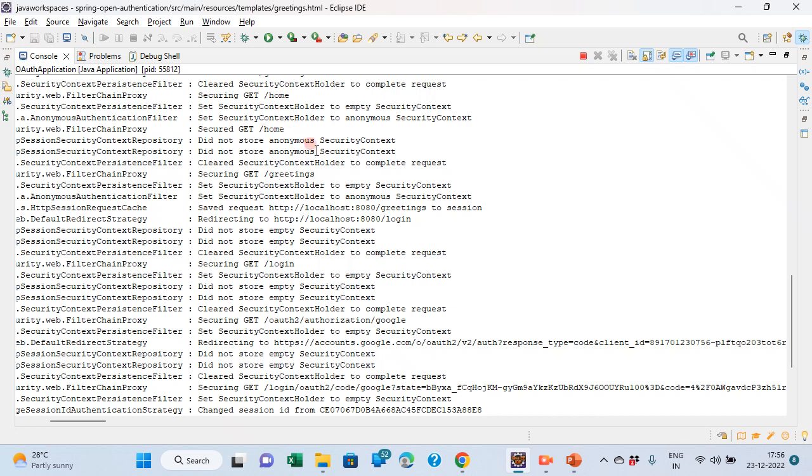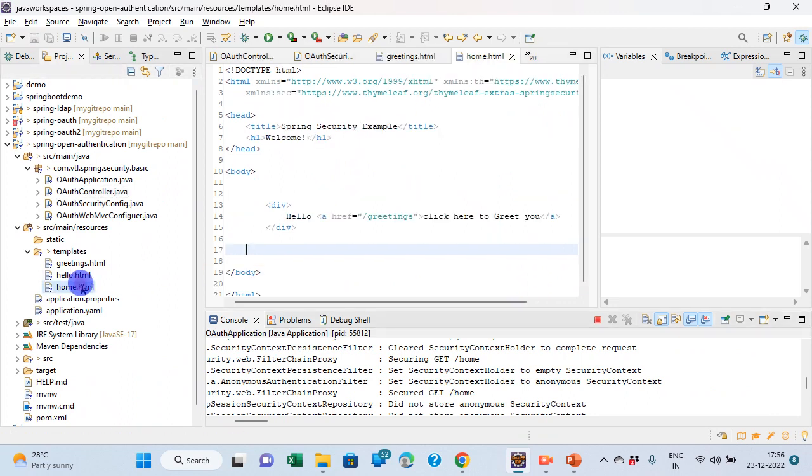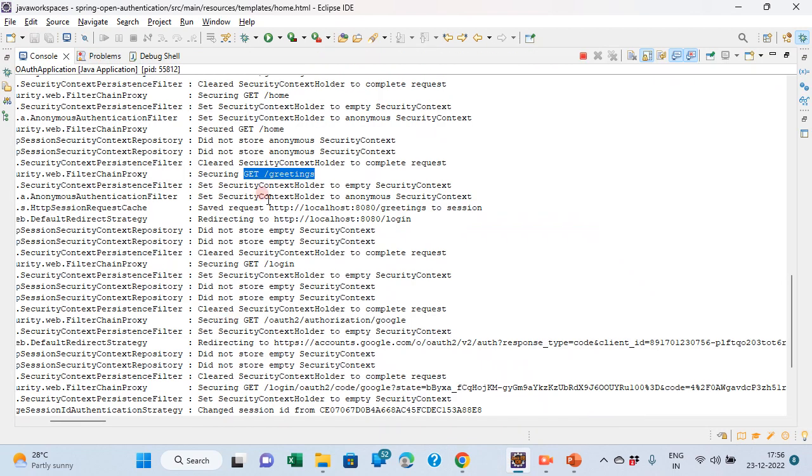After we click on the submit button, it is going to the greetings page. Let me show you on the home page. What we are doing is clicking on the link, and that link is directed to the greetings link. But as the greetings is configured to be secured,